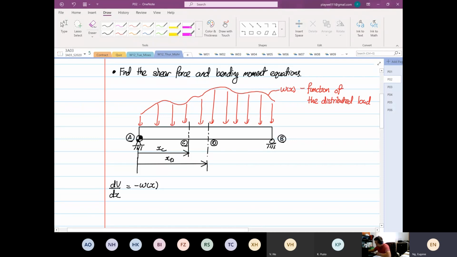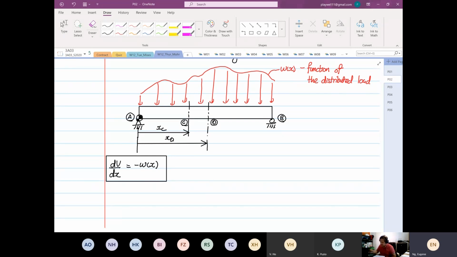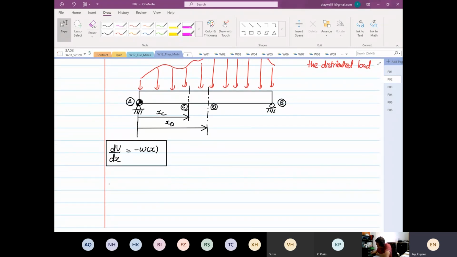So the first relationship I've written down is dV over dx is equal to minus omega x, where omega x is the equation of the distributed load. Okay, so between point C and point D,